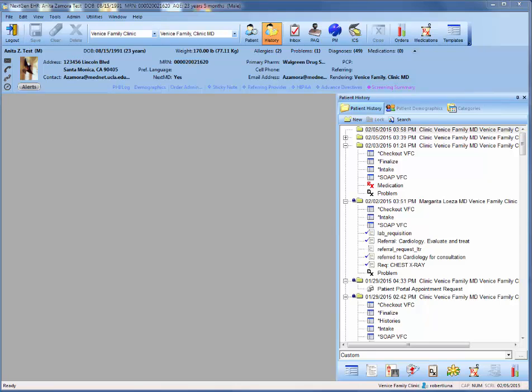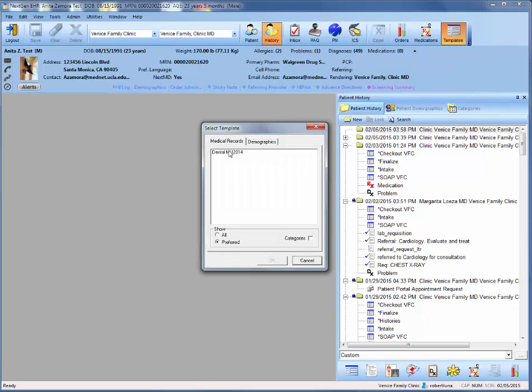Now that we set up our preferences, we'll quickly go over how to actually document within that meaningful use template. I'm going to go ahead and assume that from the EDR you selected your patient and then you made it into the EHR chart of that patient. So now that we're within EHR, we'll go ahead and come up to our template icon in the top toolbar. We'll select the Dental MU template,